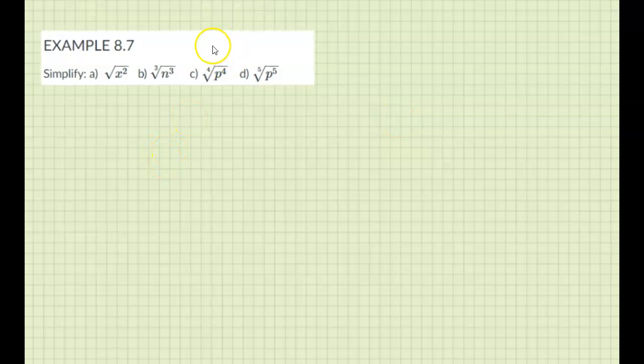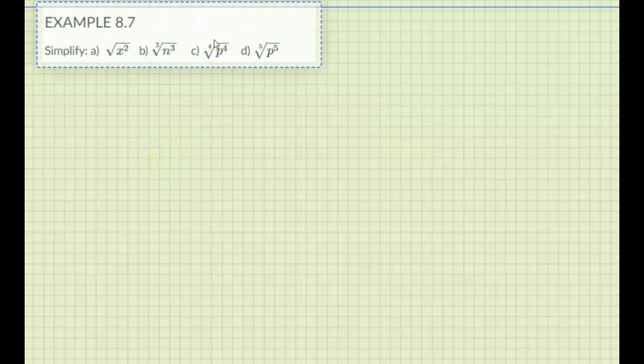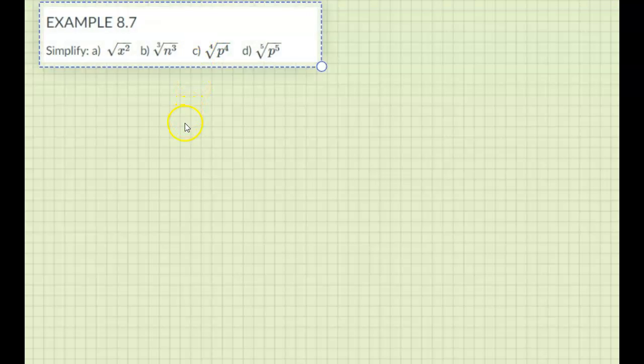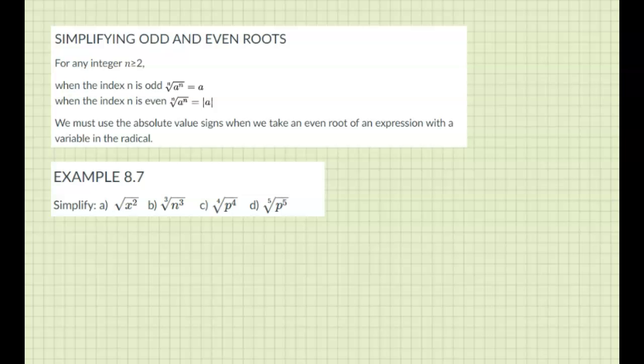All right, next example. We're simplifying radicals with variables in them. Okay, so let's look at some rules with variables. Now let's look at simplifying radicals with variables in it. So we're going to start seeing things with x's and y's and p's and q's and n's and all that stuff. So when variables are involved,